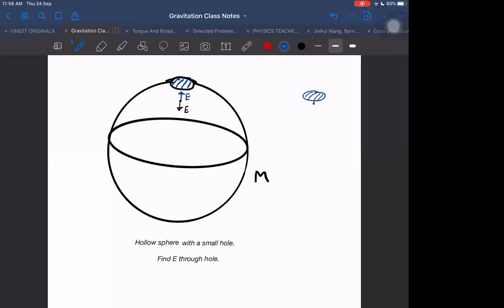If we have a point very close to the disc, then even if the disc is small, it will appear to be infinite. And if it appears infinite, what will be the formula for the field? G sigma omega. What solid angle will it subtend? If it is an infinite disk, then by taking two parallel infinite disks, this side and this side, we can cover the total, which becomes 4 pi. So if I am covering one side only, then it becomes G sigma into 2 pi. That will be for an infinite disk. You know it or not?